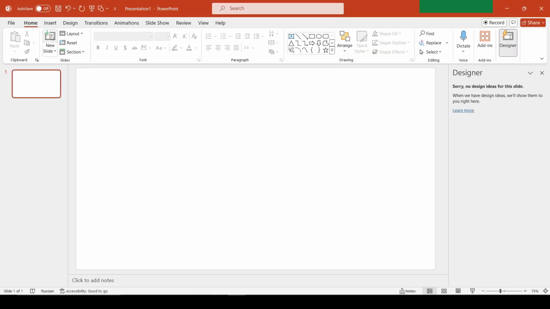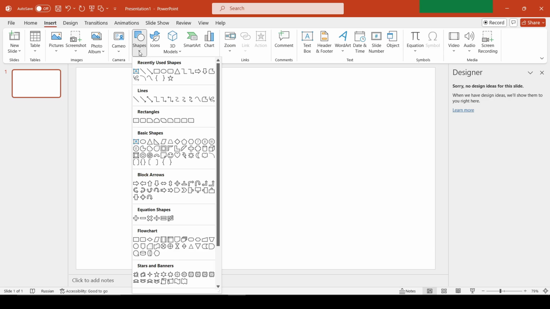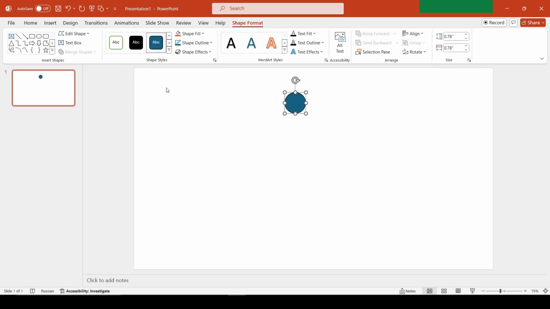Open PowerPoint to create complex vector shapes. The shape editor capabilities in PowerPoint are more advanced than those in Excel.